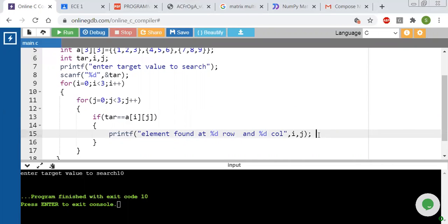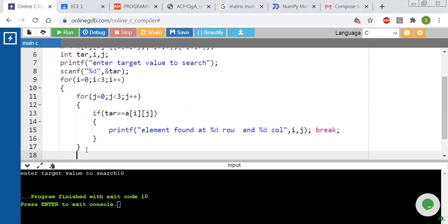Then we have to break it here. The program is somewhat complicated.